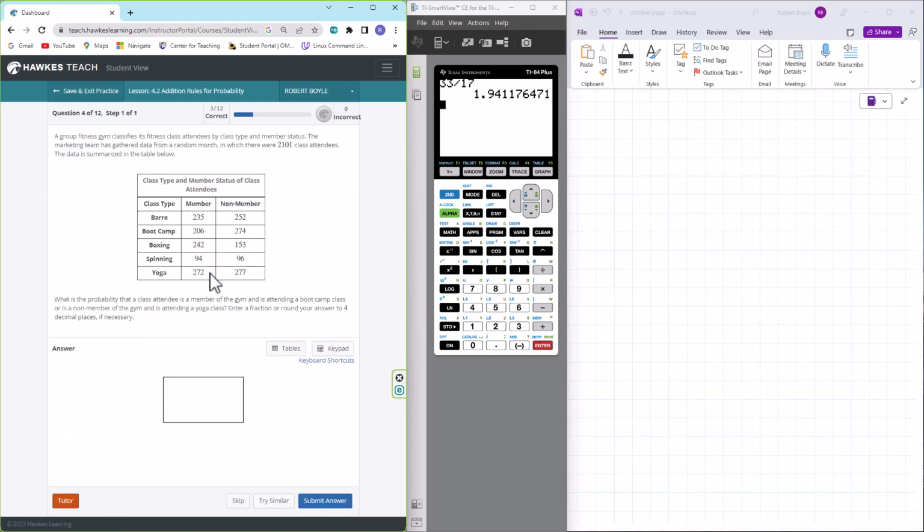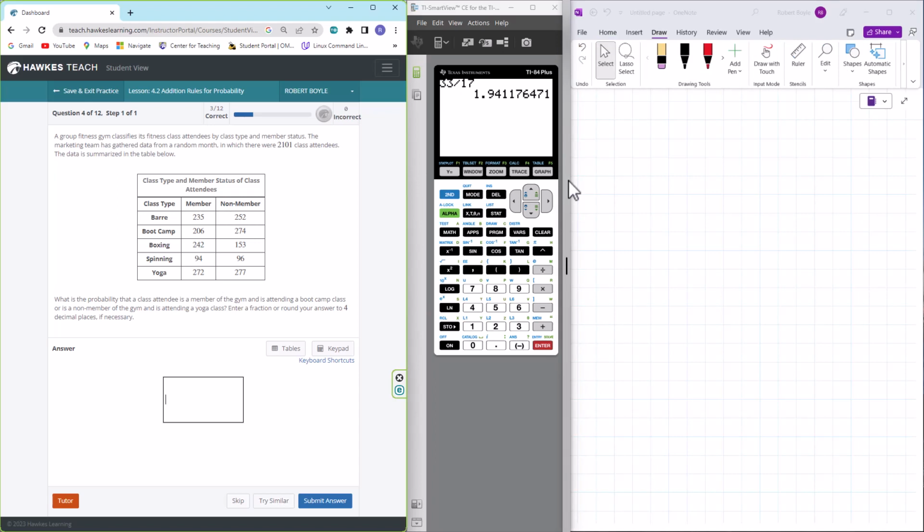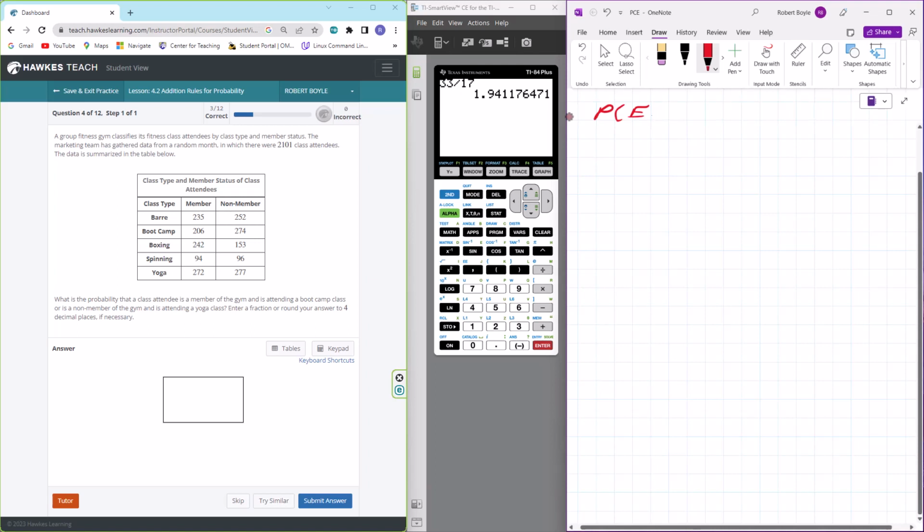Okay, now this is the type of problem that is not clear, which is why we're going through this, where the probability of the intersection of any two events is going to be equal to 0. In other words, every single one of these events is mutually exclusive. No one is taking a bar class and a boot camp at the exact same time, and so forth. So look what we have here. A group fitness gym classifies attendance by class type and member status. The marketing team has gathered data from a random month in which there were